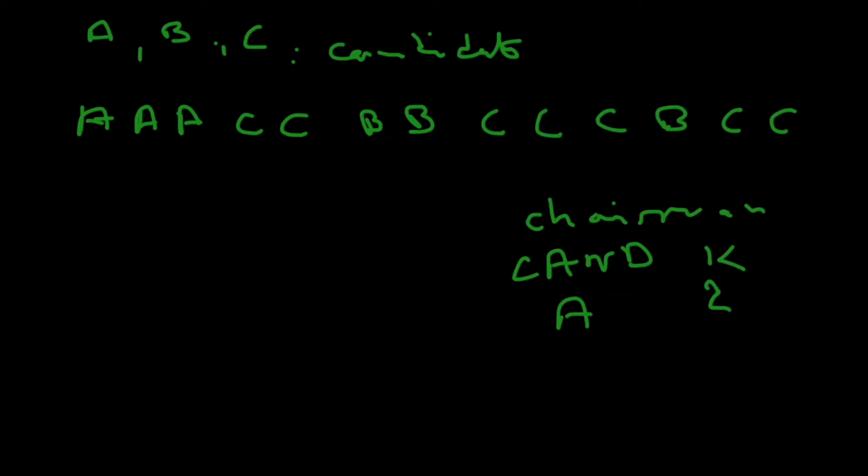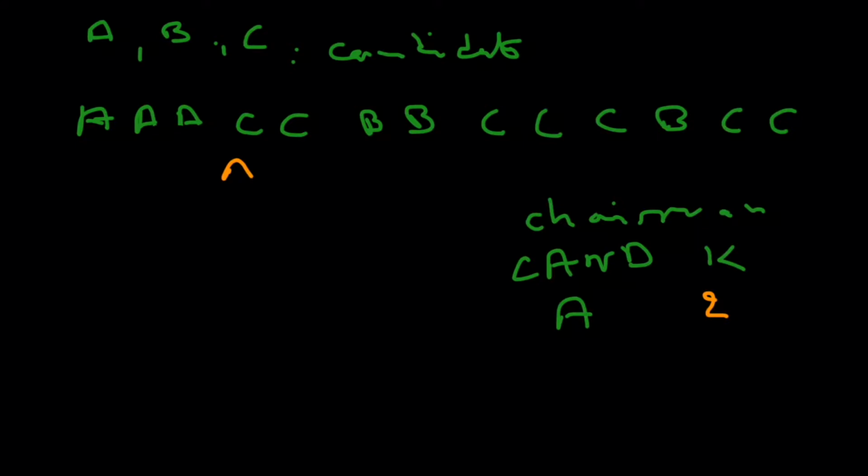Then we move to this A here, and we can increment our K here to 3. Then we move to this C, and now it's different than cand, so that means we decrement K, so K becomes 2,